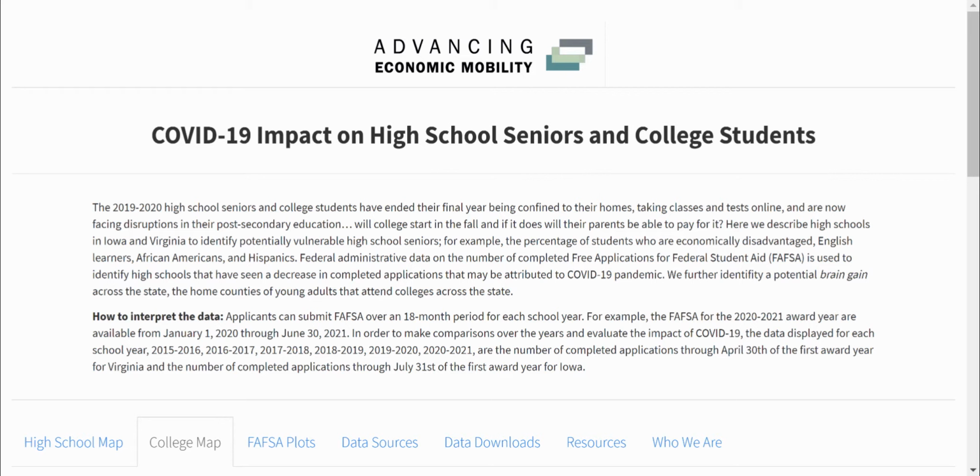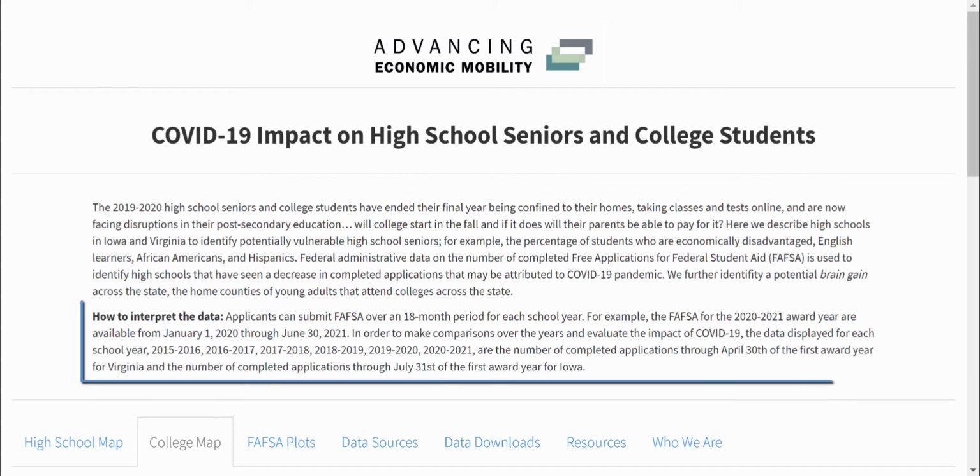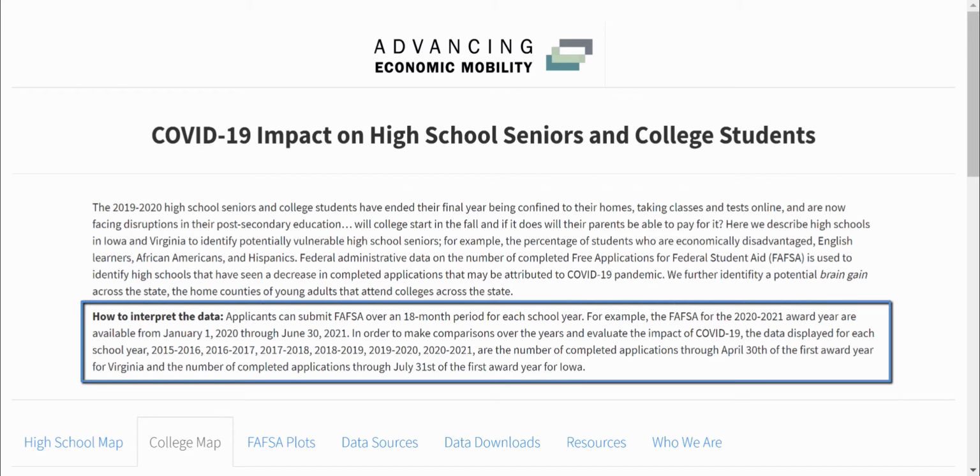As we begin, I want to draw your attention to the note at the top of the dashboard on how to interpret the FAFSA data. Applicants can submit FAFSA over an 18-month period for each school year. For example, the FAFSA for the 2020 to 2021 award year is available from January 1st, 2020 through June 30th,